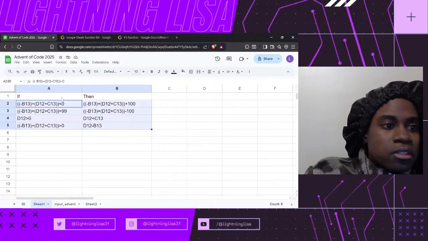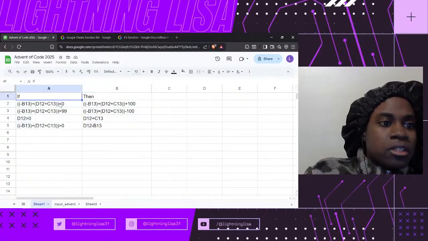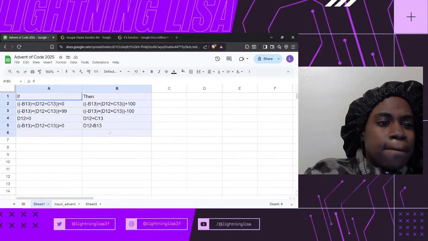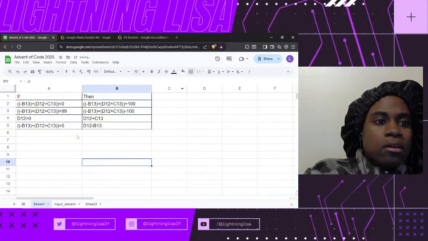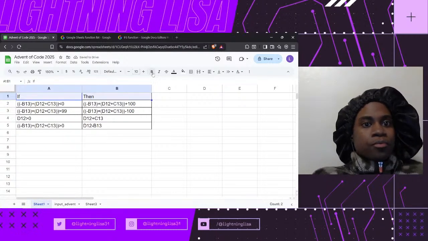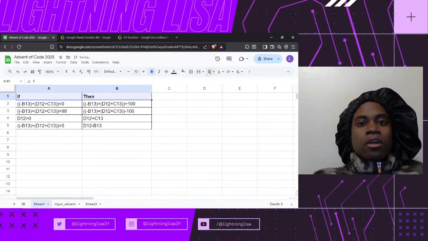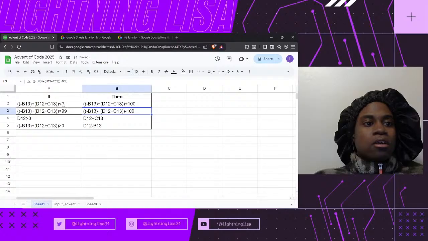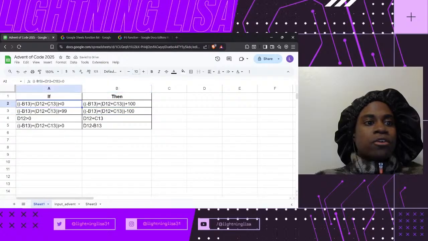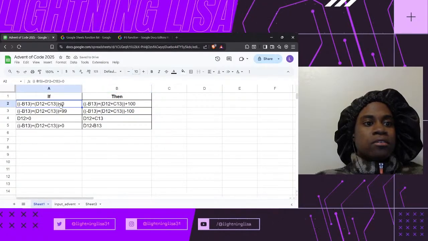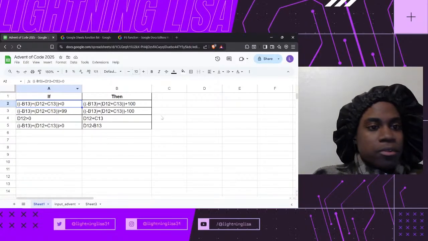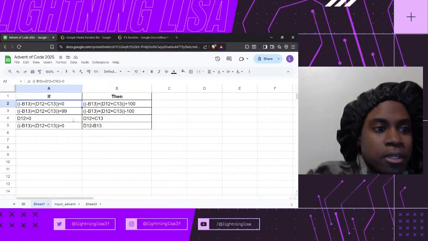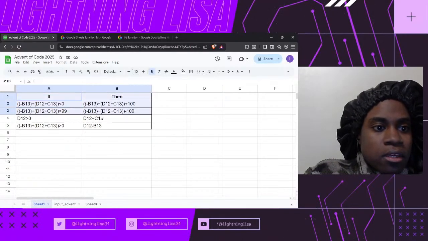So the sequence goes in this order. So the first part is checking to see if we're checking to see if the number in the